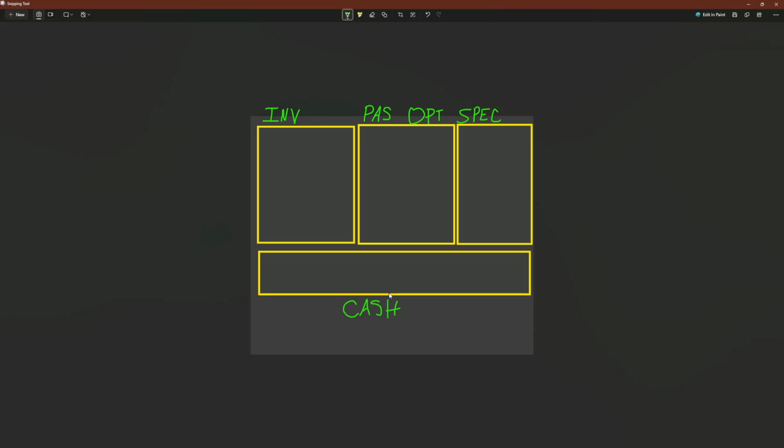This is the topmost set of structure rules that you can put in place within a portfolio. Obviously, there's rules for outside the portfolio as well, like making sure you're building and maintaining good credit to avoid the poor tax, basically, and to expose yourself to lines of credit so you can live tax-free on debt. And then there's financial security and stability with budgeting and making sure that your inflow and outflow have a good cadence. And then in the portfolio, we have investments, passive options, speculation, and cash.